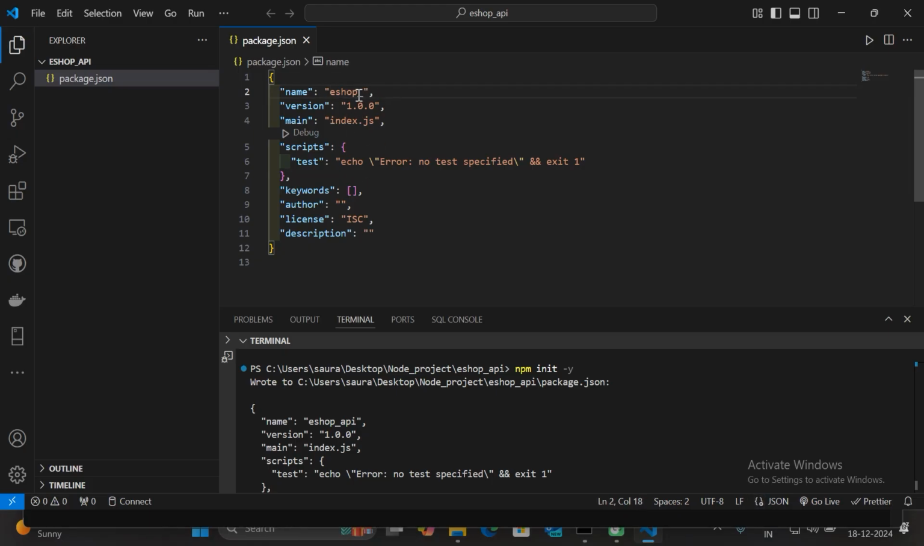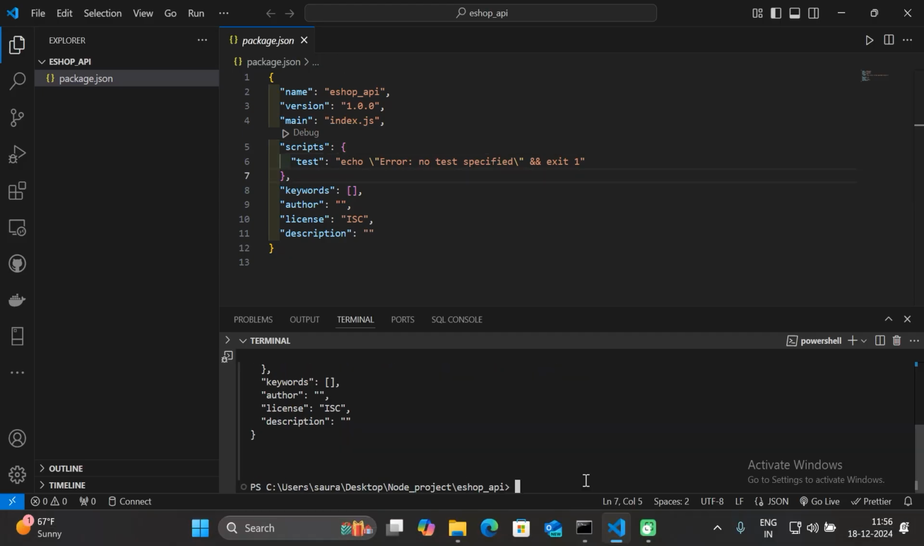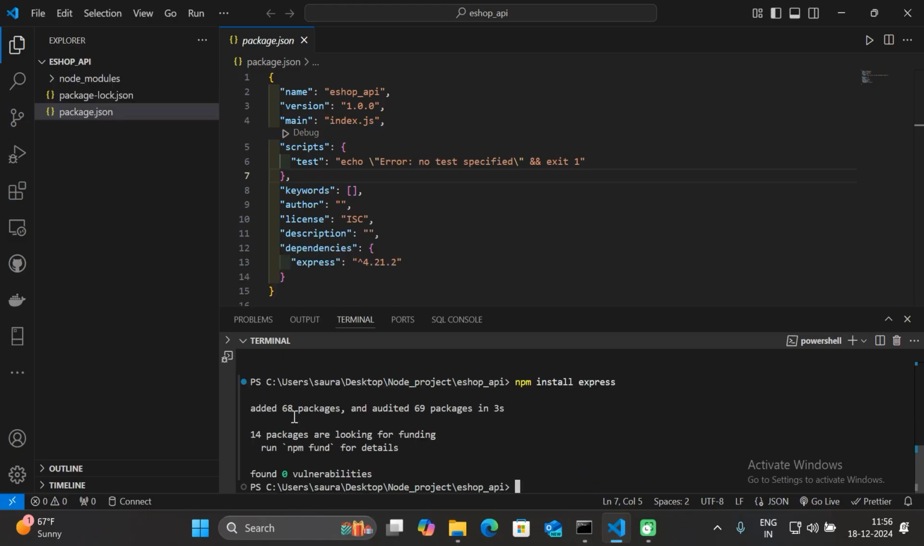So let's bring it back to ESOP API. Now you have created your basic project based on Node.js, and you can install different kinds of dependencies or packages within this Node.js project. To install any packages or dependencies, specify npm, then the keyword install, and after this, specify the name of the package or dependency that you want to install within your project. So here I'm going to install the package named express, and then hit enter. And look here, it shows added 68 packages and added 69 packages in 3 seconds,